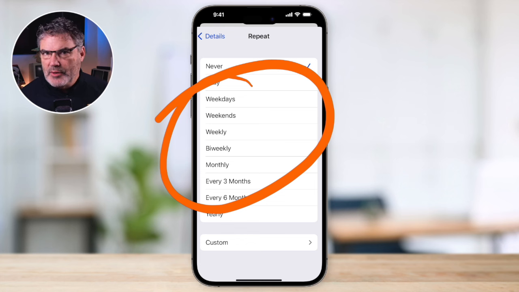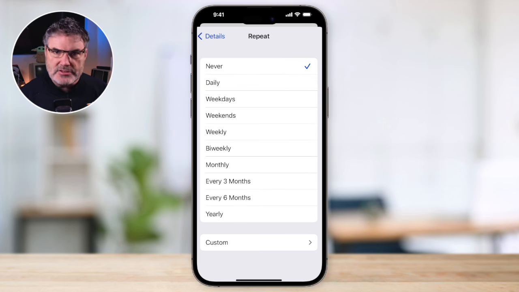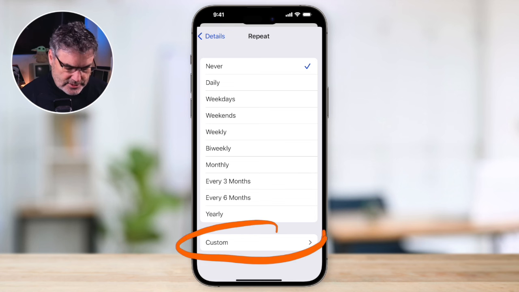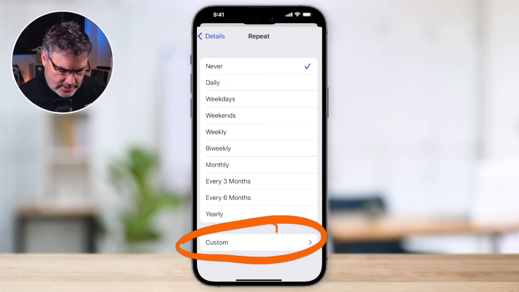What I would want to do is customize it. Maybe I want to have it on specific days or the last Saturday of every month. How can we do that? Well, that's where Customize comes into play. I tap on Customize,